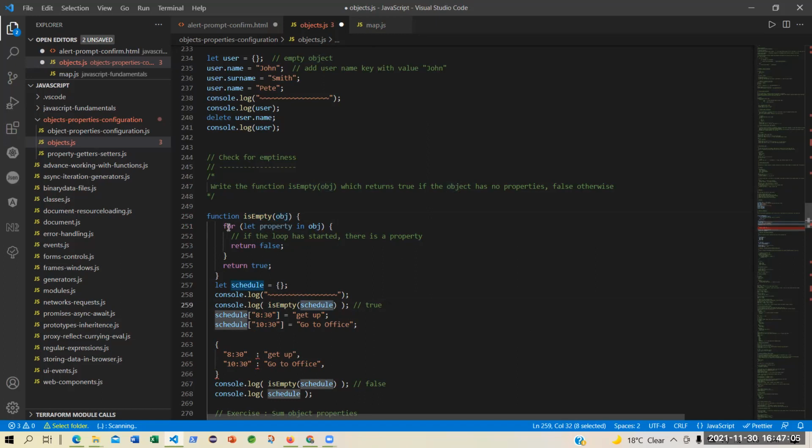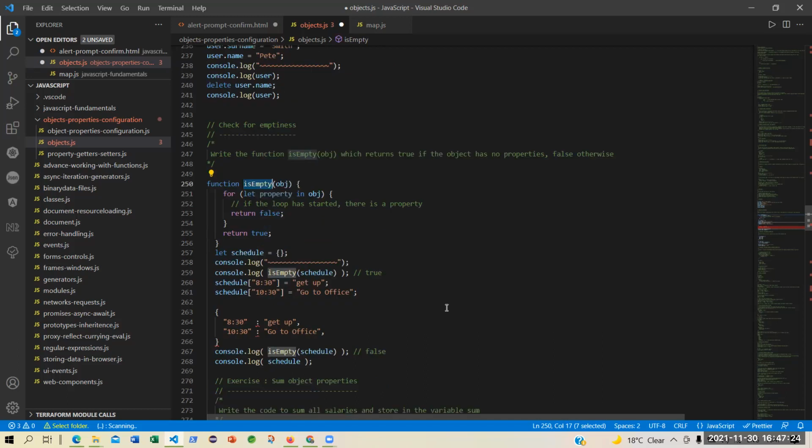Now therefore it will return false because it will enter the loop, because there is 1 and 2. So both times it will return false. So finally the output return of this function is empty is false. So it will return false.